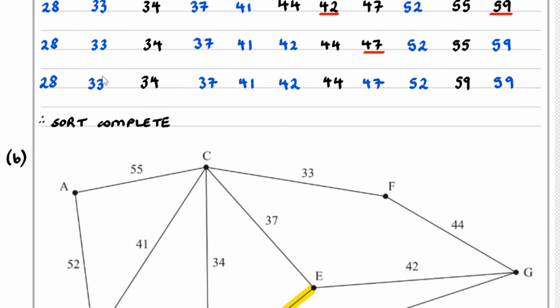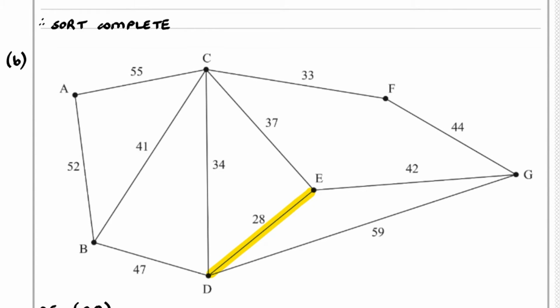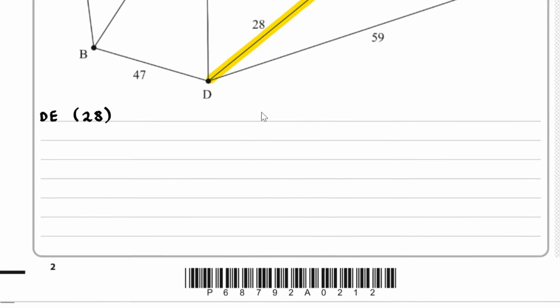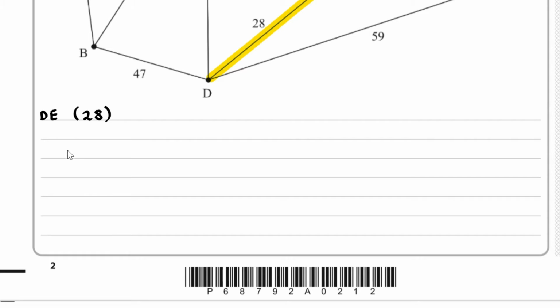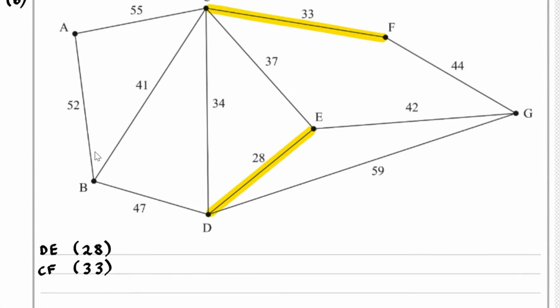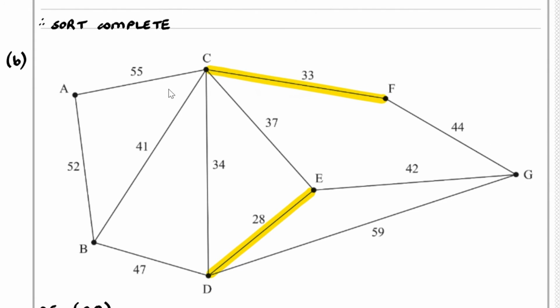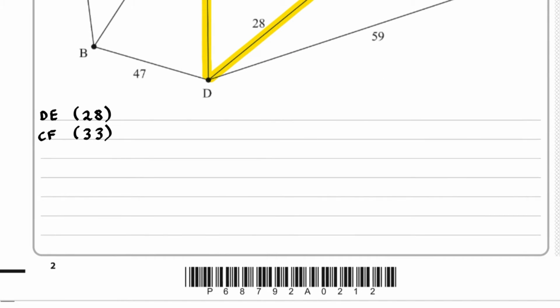Next, we have 33, which corresponds to CF. So we have CF with weight 33. Then we have the 34, which would correspond to the CD. So we have CD with weight 34,